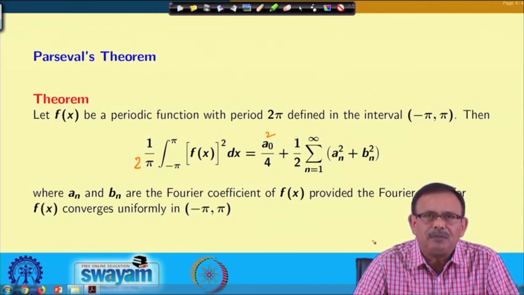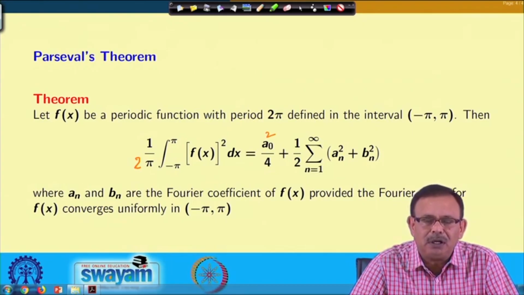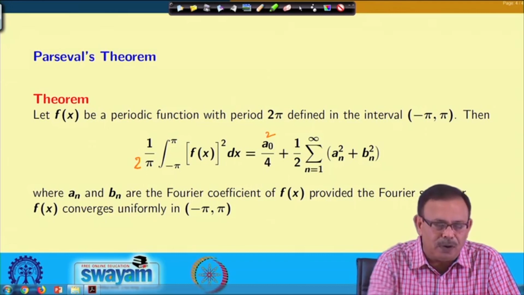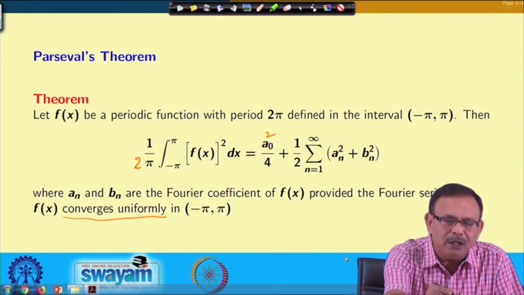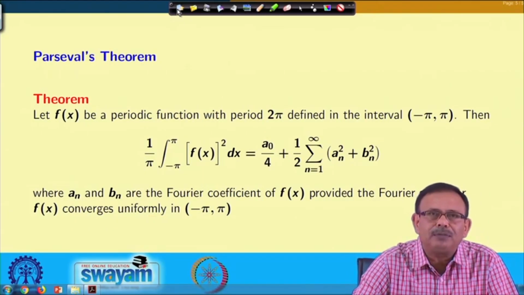So, therefore, what is happening? If f x is a periodic function with period 2 pi, which is defined in the interval minus pi to pi, then 1 by twice pi integral from minus pi to pi of f x whole square dx is equal to a 0 square by 4 plus half into summation n equals 1 to infinity a n square plus b n square, where a n and b n are coefficients of f x, provided the Fourier series for f x converges uniformly. Please note this term, converges uniformly in minus pi to pi. So, if you see the next one,